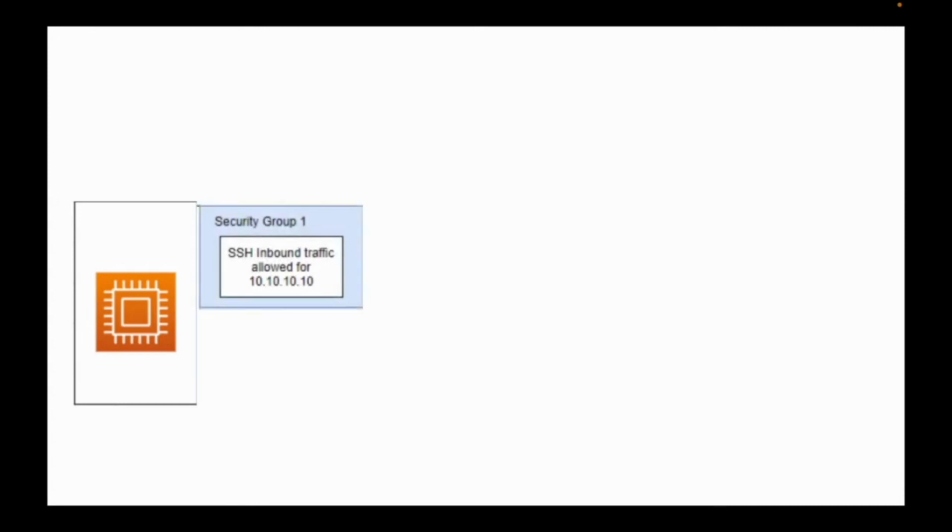So first, let's take for example, we have an EC2 server and we are going to attach a security group 1. And for this security group, we are allowing only SSH inbound traffic access. So inbound is nothing but us getting into the EC2 server. As a user, when we try to access the EC2 server, that's inbound traffic for EC2. And we've allowed the IP address only 10.10.10.10. So only if the user's IP is 10.10.10.10, he'll be allowed to go into the EC2 instance,